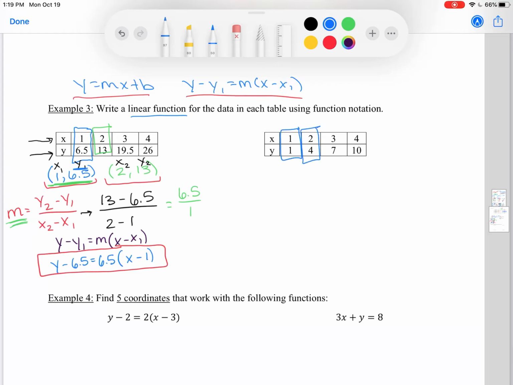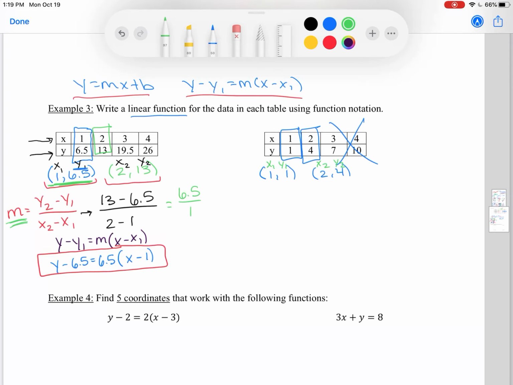I went through that one pretty quickly. Again, this should be extreme review. It's just a different way it's being presented to you, but you still have 2 points. The extra stuff is just added information that's useless for you, okay? They're trying to trick you when they give you questions like these. So if you took your coordinates and you wrote them down exactly as you like to see them as pairs, then you can find your point, find your slope,